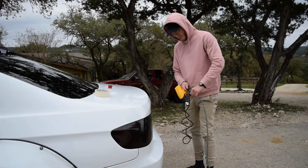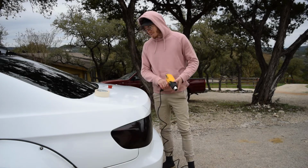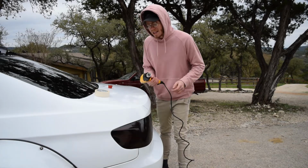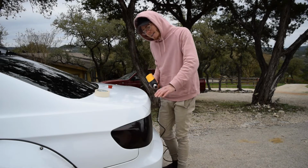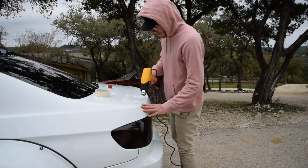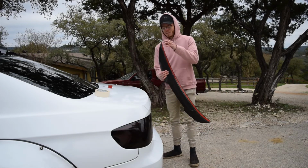Alright, since it's so cold, I want to make sure this 3M adhesive really sticks on here so it doesn't fly off and I lose a bunch of money on the road. So I got the heat gun out. I already heated up the back side of the wing, and now I'm just gonna heat up the top of this, make it nice and warm and sticky. So that should be good. For the moment of truth,